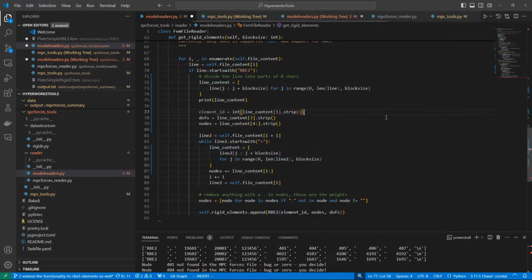So let's just make sure those are integers. The DOF should be an integer as well, and the nodes,